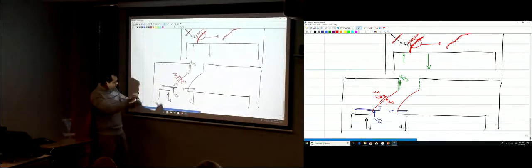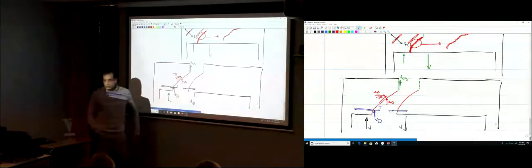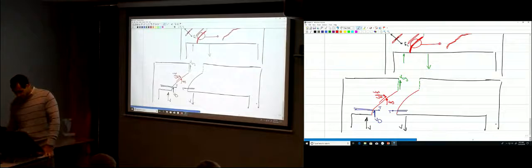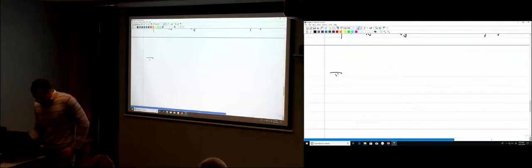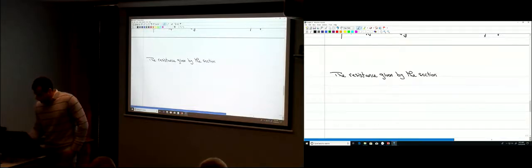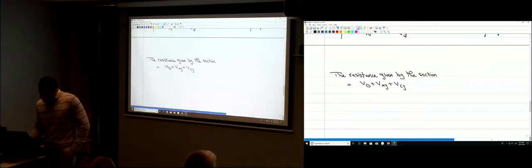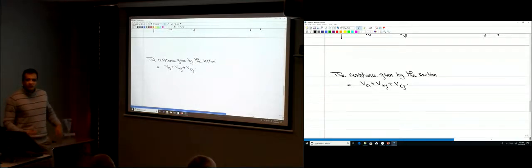The section is resisting the failure of this section through these forces, VD, VAY, VCY, okay? So the resistance given by the section is equal to VD, VAY, and VCY. Okay? How much is each term? That depends on the dimensions of the beam, how much is the shear force, how much is the bending moment,